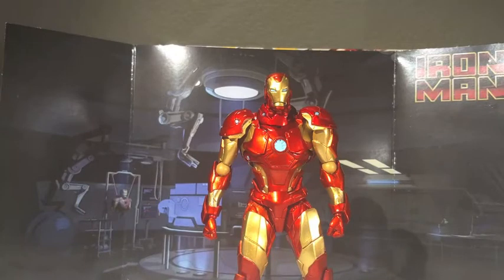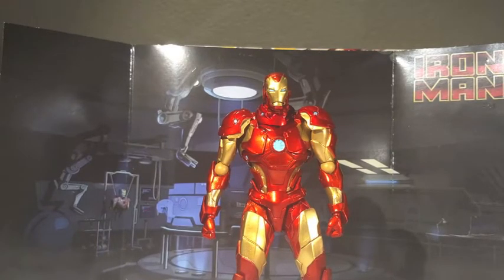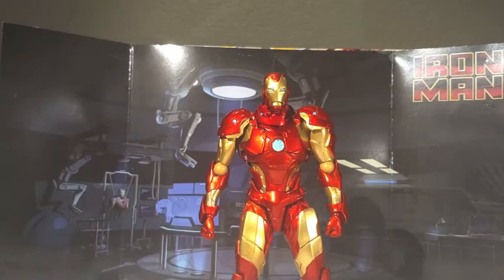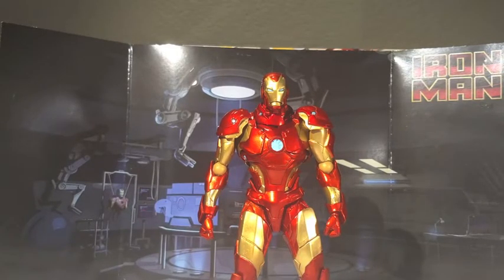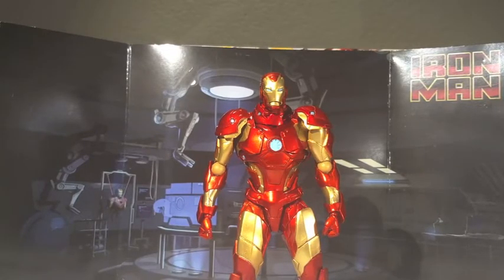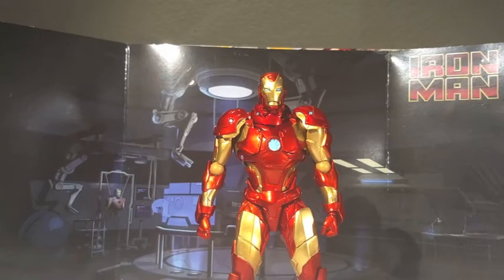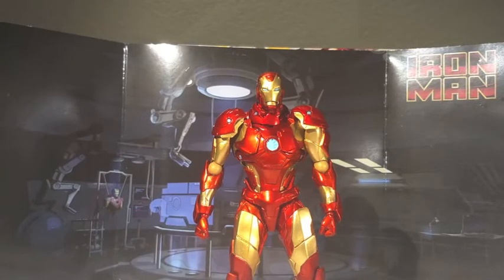Despite the QC issues, and despite some of the tolerance issues, as I'll call them, overall, this figure is just so great, and I love him. The posability is outstanding. The paintwork is amazing, even if I do have a couple QC issues on my figure. This seems to be specifically my figure thing. Other people have had much better looking versions of the figure, and hey, from a distance I can barely notice it. The look is a great merger of movie Iron Man as well as comic Iron Man, and